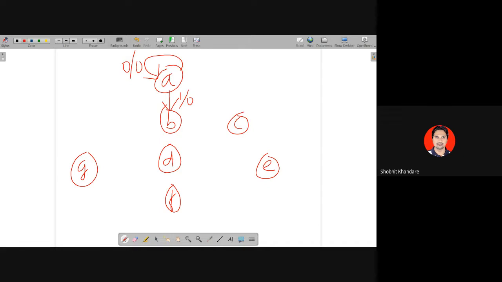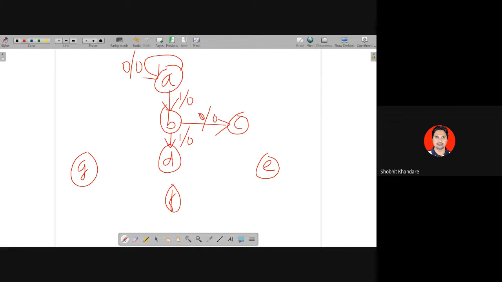I go to state C when my input is 0 and the output will be 0. That is done for when the input is 0. What will happen if you are in state B and your input is 1? I will go to state D if my input is 1 and the output will be 0. Then I am in state D now.